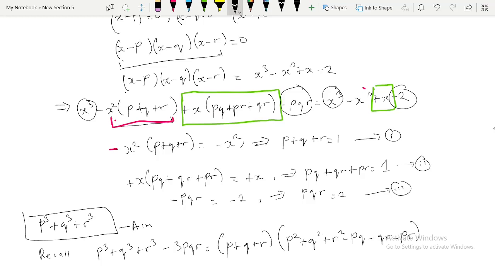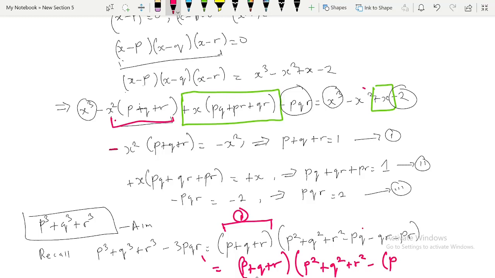Right? So if you look at this, we have this p plus q plus r, which is our equation 1. We also have this pq plus qr plus pr. Let me rewrite this, and this is equal to,